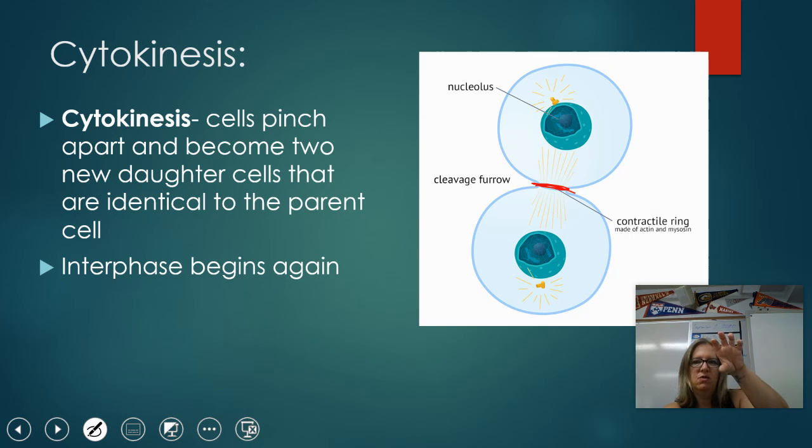So one cell grows, copies, makes two cells. And then they start the process all over again. Interphase will begin, and then those daughter cells will grow, copy, and then become four cells, okay? So this is a process that replaces dead cells. This is a process that allows us to grow and replace things like skin cells,